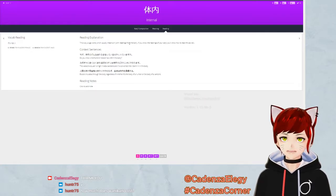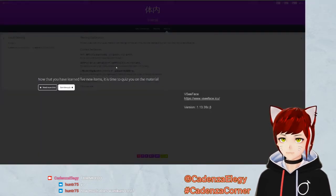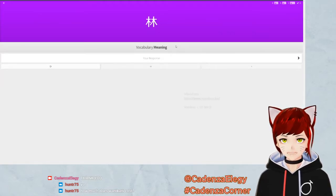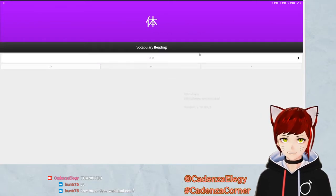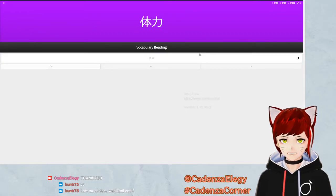With its onyomi readings. Tainai. And then you basically end up doing a quiz where you get questioned on the vocabulary meaning and how it's said. So this one is basically a forced. This one is body. Oh, is it Tai? No, it's karada. Karada. 体 And then this is body and strength, so it's physical strength. Tairyoku. 体力